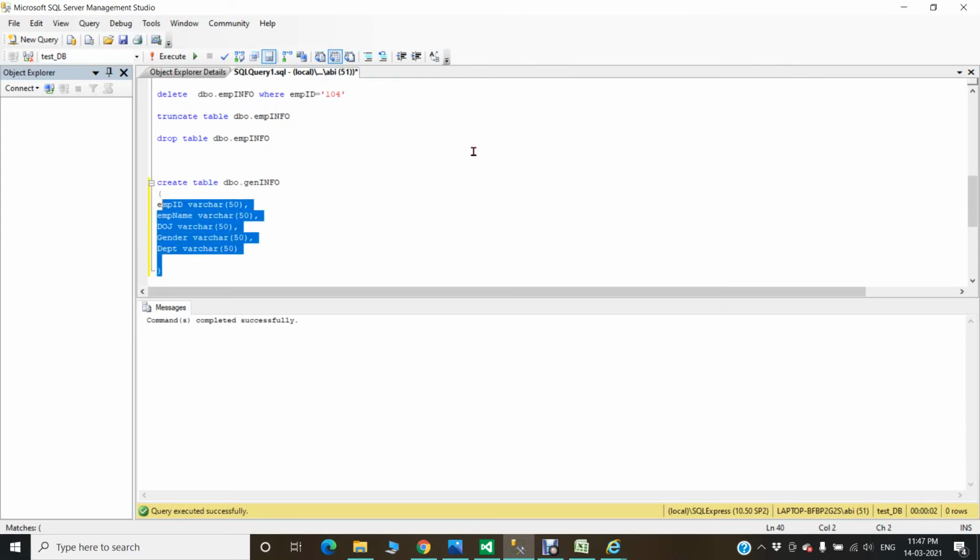Select it, execute it. Okay, so insert query,